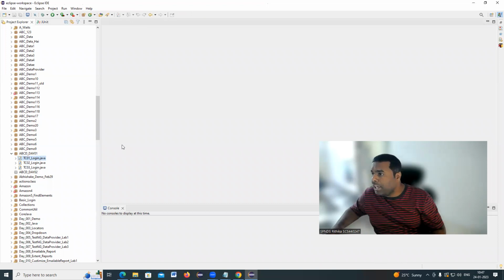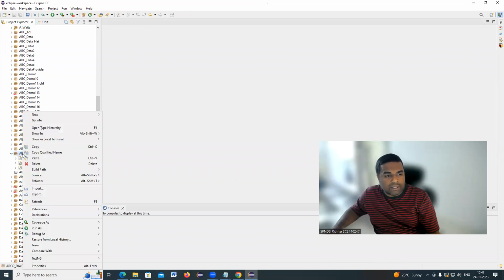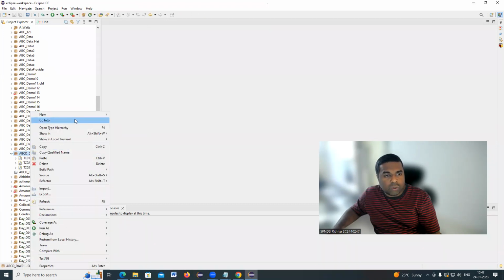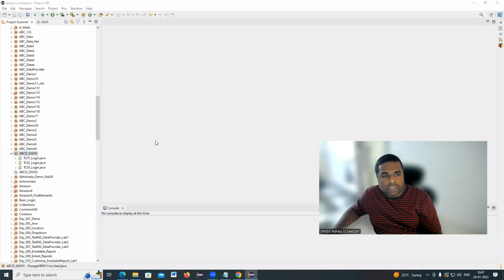Suppose you want to create a Java class file. You can create it by right click, go to New and Class. So here I am creating